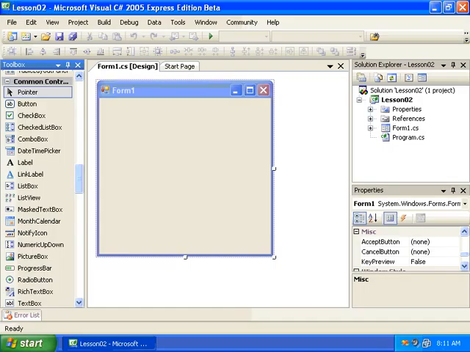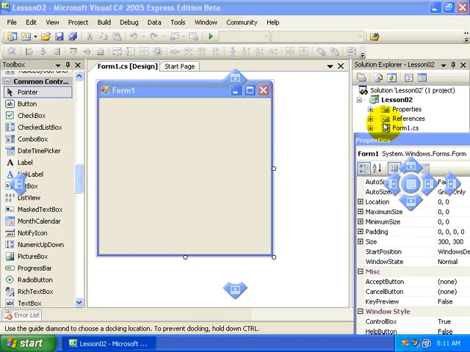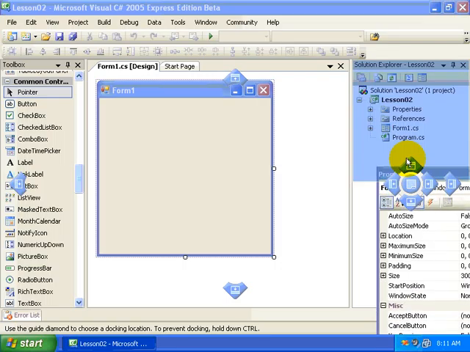But before we do that, we can see that each of these windows are docked and pinned down on the right hand side. Now since I'm running at a fairly small screen resolution, it might be difficult for me to be able to see all the properties in the Properties window and still have the Solution Explorer available. So what I can do is select the title bar of the Properties window, and then, just like I did with the toolbox a moment ago, drag it and then find the icon that best represents how I want this to be displayed